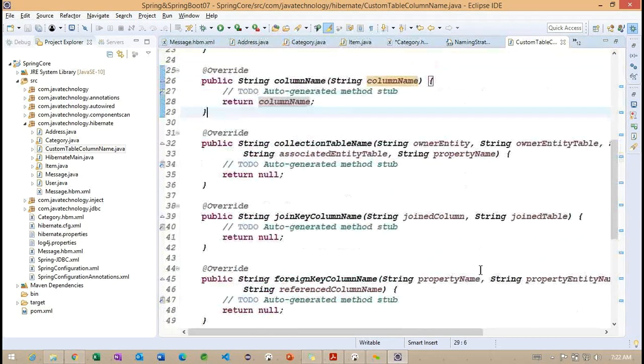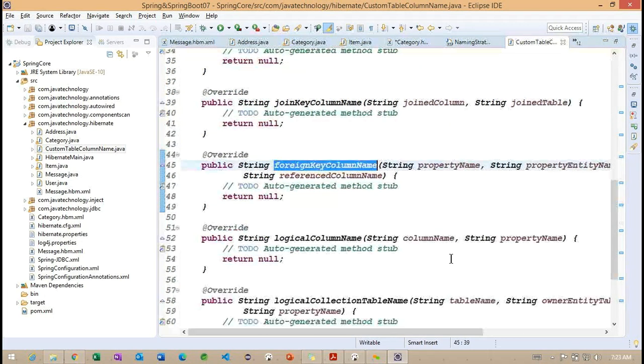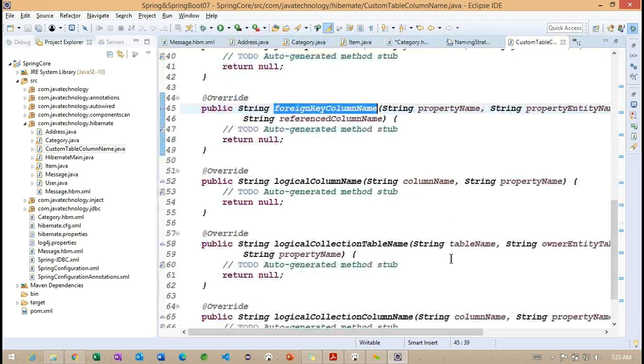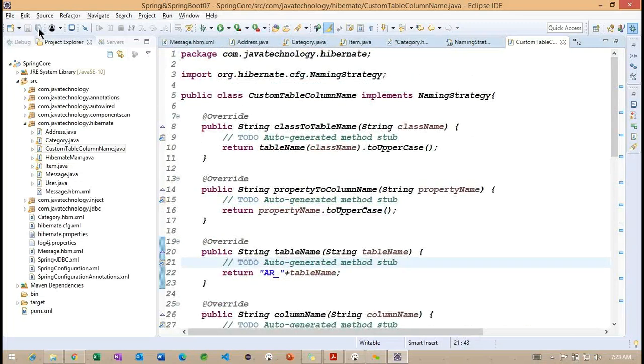You can observe carefully the collection table name, owner entity, and some collection related information, join key, foreign key. If you want to change the join key or primary key, these are the different methods. We don't want to use these different methods here.